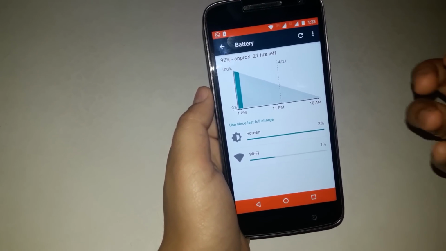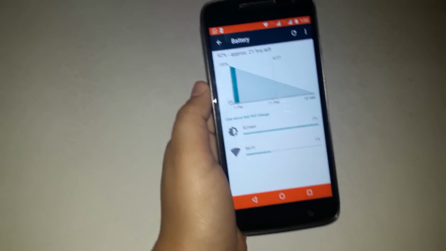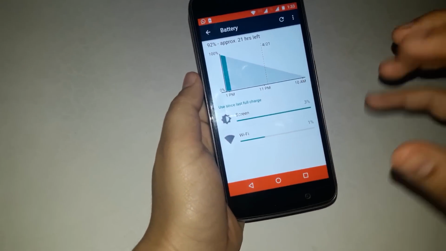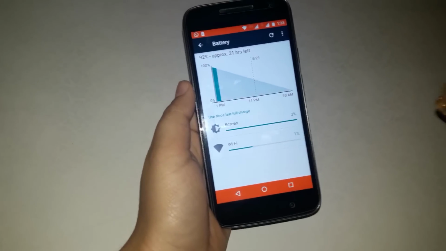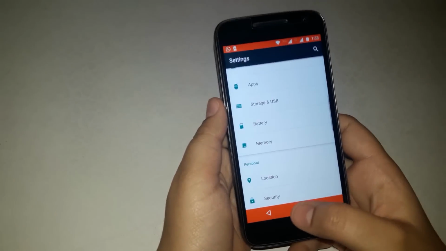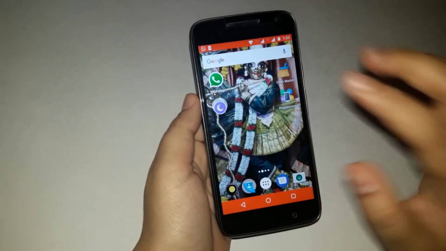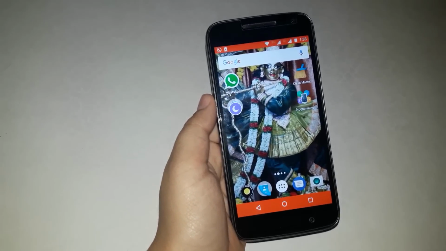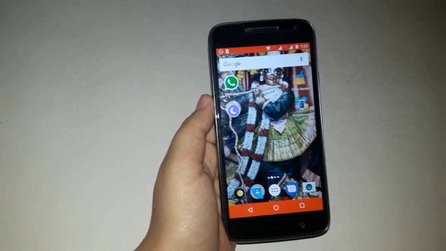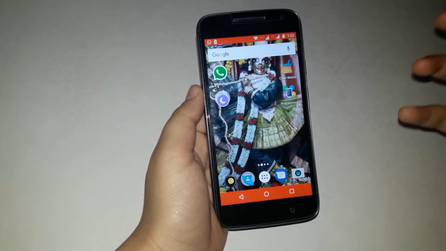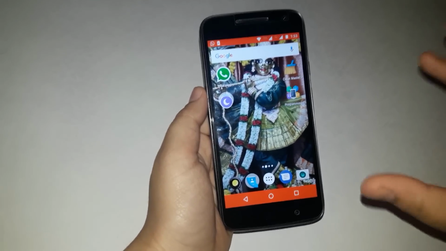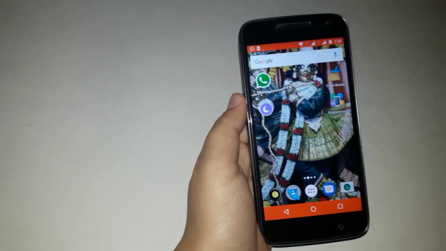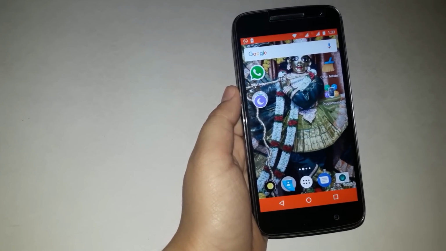Your battery will be conserved for more than 1 hour, or 17 minutes or 20 minutes, depending upon the percentage or level of the battery. So this is a very, very good feature, because sometimes you don't need Wi-Fi but you are still keeping the Wi-Fi on, or many of the apps are not required. So this battery saver saves all the battery that is getting consumed in those options or in those apps.